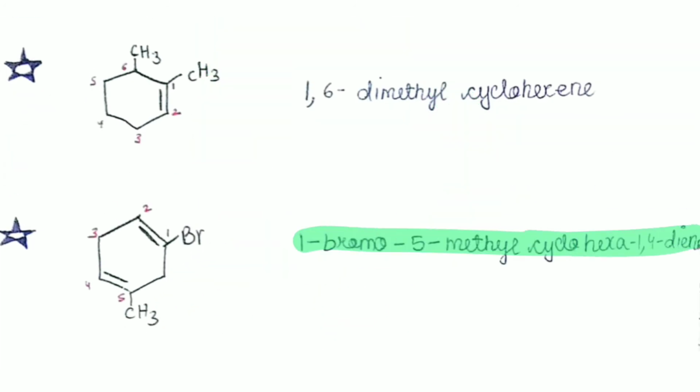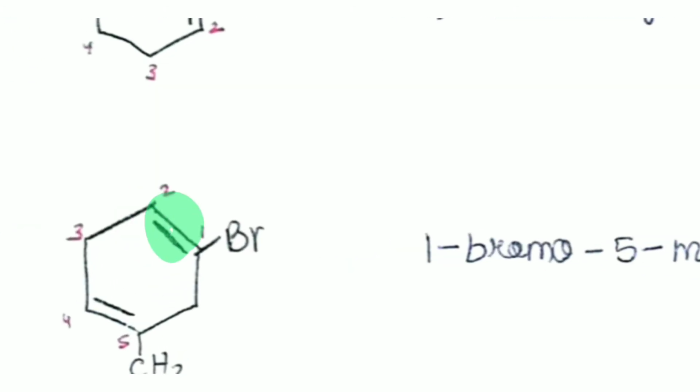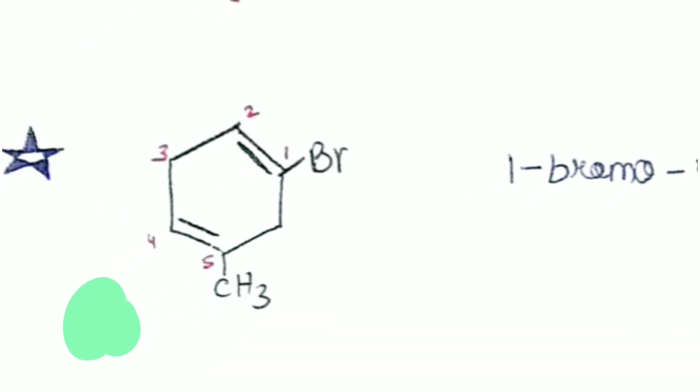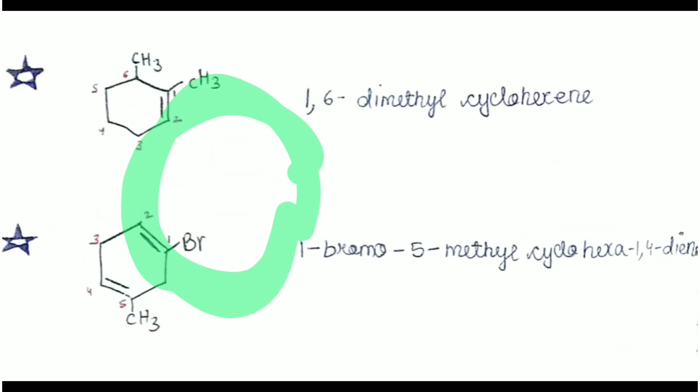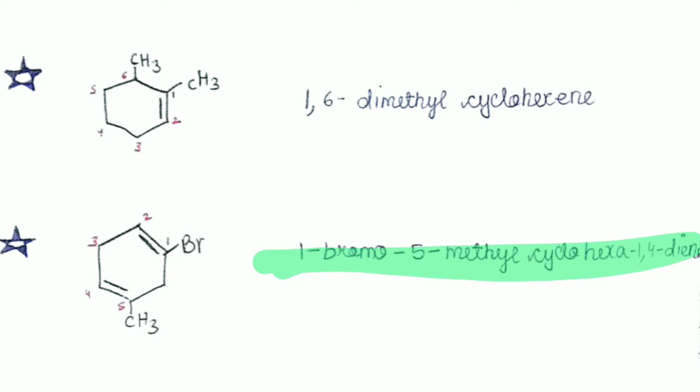Why are we giving it 1,4-diene? Because even though the double bond is getting 1, 2 locant here and 4, 5 locant here, we only see the first carbon to which it is attached. So basically, while giving the numbering, we're only giving number 1 and number 4 as the locant to the double bonds present here. So that's how we have named this compound, guys. So now let's look at the next question.